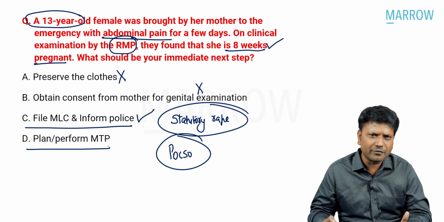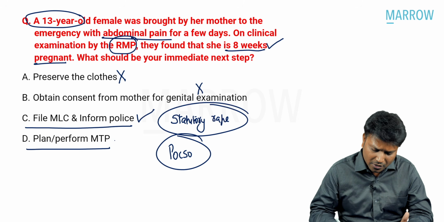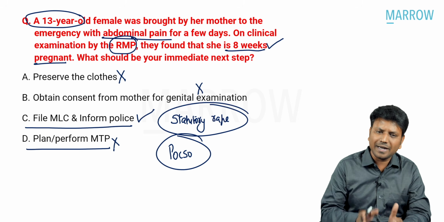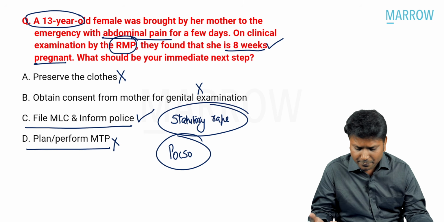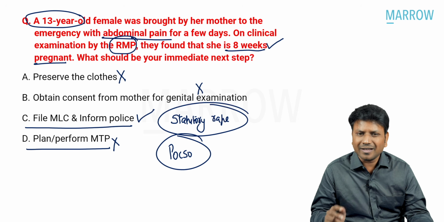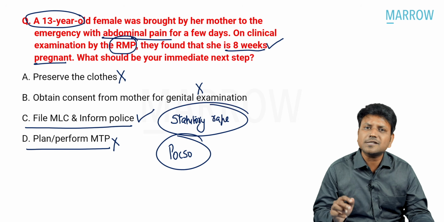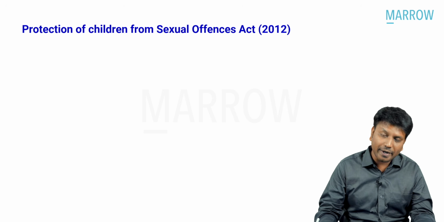We can plan or perform MTP. That is the later step, not immediately. First file an MLC, inform the police, then you can plan for MTP or perform the MTP. That is the next step. The immediate step should be to inform the police because it is an offense coming under the POCSO Act, because if